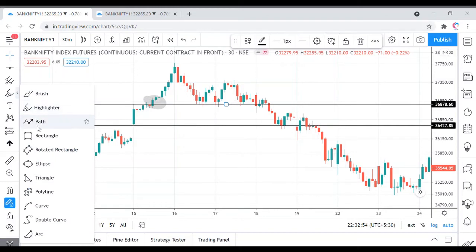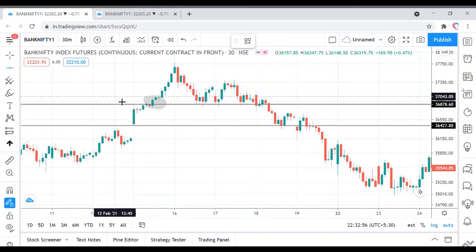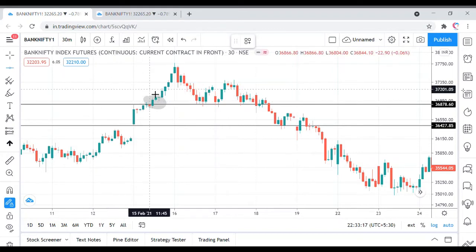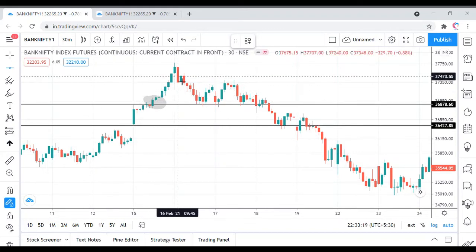The biggest point to note here is you need to keep your SL in the system, because Bank Nifty is very volatile. If you don't keep SL in the system, you can end up losing a lot of money. So what we suggest is, once your target of 400 points is reached, you should start trailing your profits to earn more, or if you're happy with a 1:2 risk reward ratio, you can book at 400 points. Now we'll see another example.